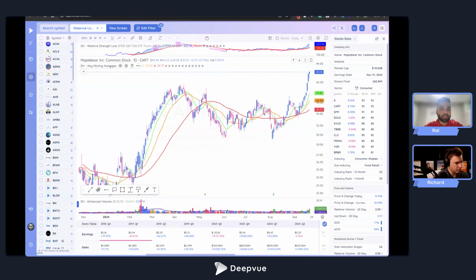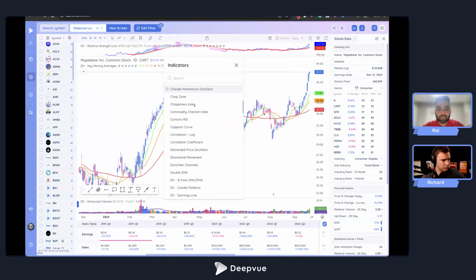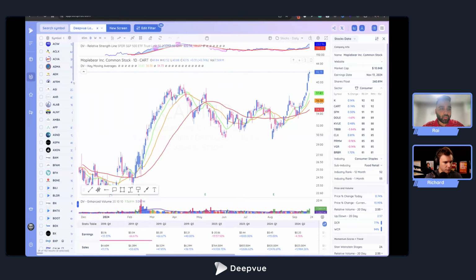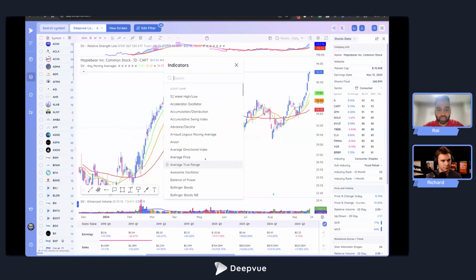So indicators in Deepvue, we've built quite a few of them that are custom and some other ones that are already built in. The way it works is at the very top of the charting module, you'll see this trend line, trending icon. When you hover over it, it will say indicators and strategies. When you click it, this will give you the library of all of the indicators that are available within the